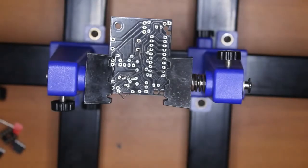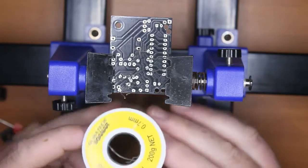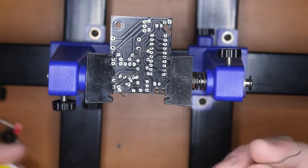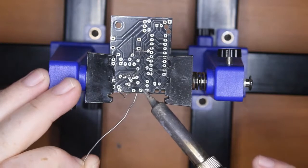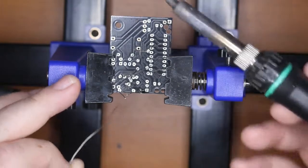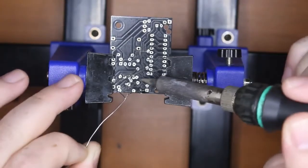That's alright. Okay, so grab some trusty solder. This is 60% tin, 40% lead, 0.7 millimeter. This is a flux core solder, and if you're soldering with flux core, you should turn on some exhaust fans. And the temperature of the iron on, and we just put in some solder there. Hopefully that smoke isn't getting in the way of the camera. Okay, so we sort of